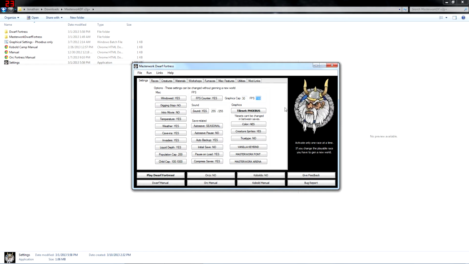FPS, this is a big change from vanilla Dwarf Fortress. Vanilla runs at about 100 frames per second by default. This game runs at 150. You can slow it down if you want, if you're used to 100 frames, but you can also control it while you're within the game. Sound doesn't really matter. There is no real sound to the game, unless, of course, you're using Sound Sense, which